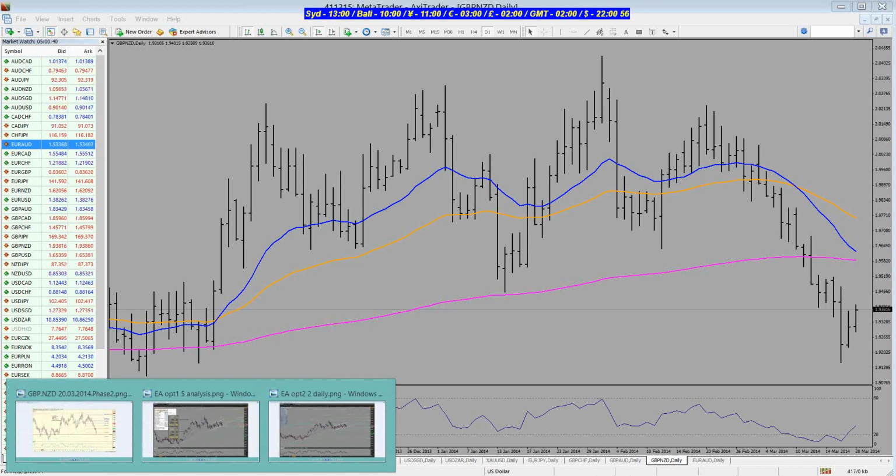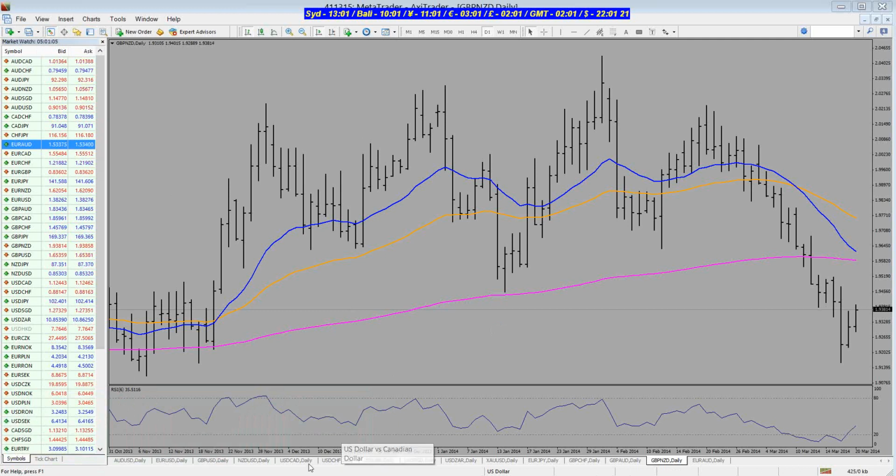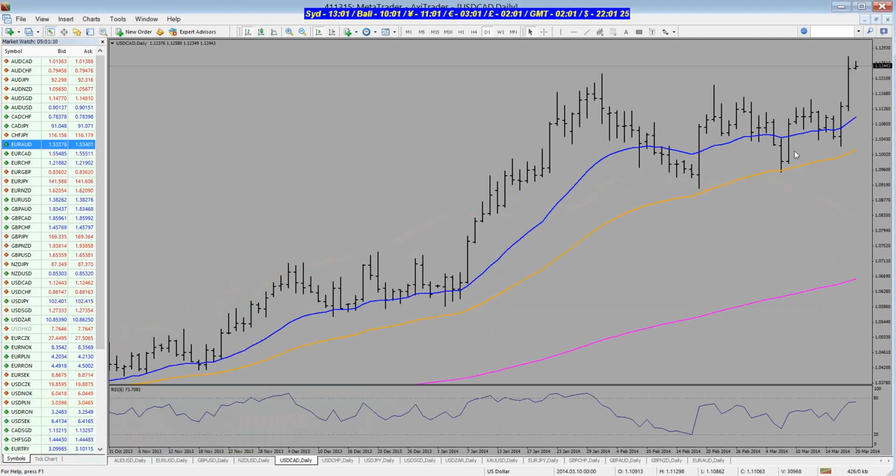Going on the 4-hour, you'll see the difference between eSignal and MetaTrader is quite stark, so I definitely always use AxiTrader. There's another email a bit later on about that, so I'll cover that one as well. In the fact that the eSignal had a different bar formation on the dollar CAD, and compared to